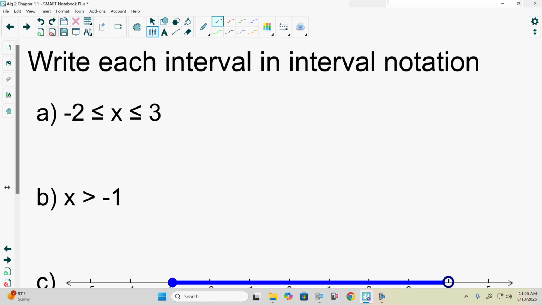Does the problem ask us to graph it? No. But if graphing it helps you visually see it, do it. Because if we look at this here on a number line, it's saying that -2 is less than or equal